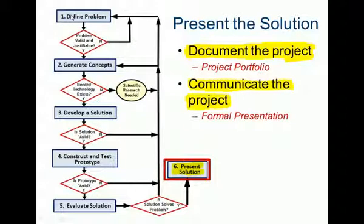I would love you to have these 6 design steps as shown here as a flowchart with define the problem, generate concepts, develop solution, construct and test your prototype, evaluate the solution, and finally present the solution. I'd like you to have this chart listed so it shows the progression from one step to the other, where